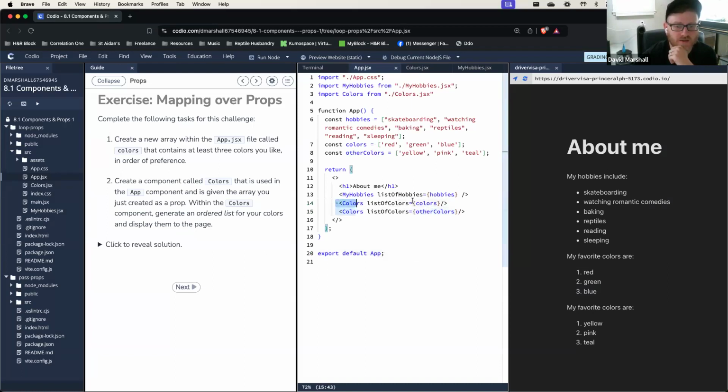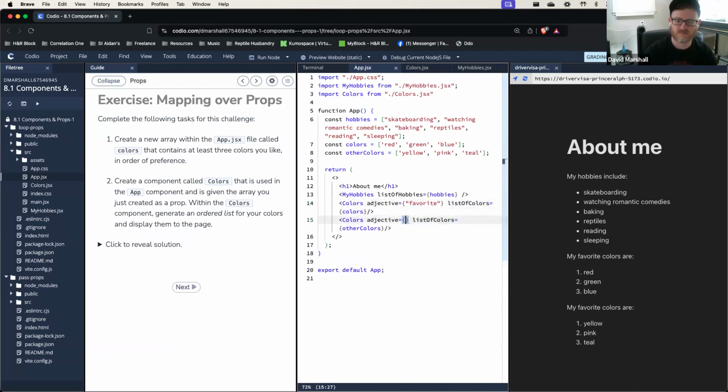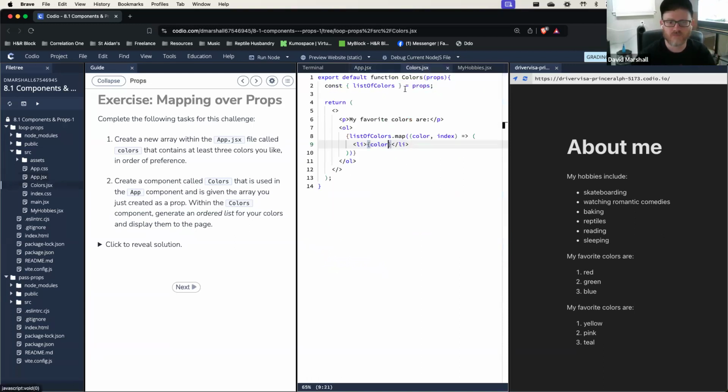So again, you can use the same component over with different data. But obviously, you would have to pass in what you want to be, right? So before we go, I'll show you what you could do. Is you could say adjective, right, on here. We're gonna do a string. I'm gonna say favorite, least favorite, and then I'm gonna have